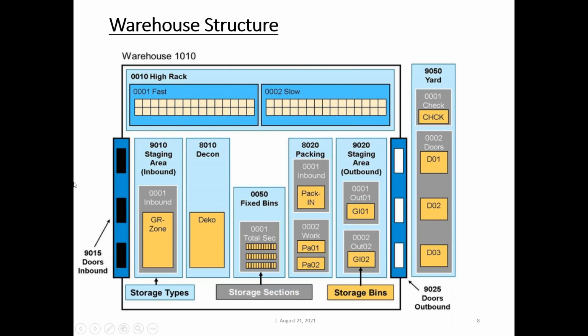So the truck containing the inbound shipment will be coming in the warehouse, standing at the door. From the door, it will do the unloading in the goods receipt staging area. And from here, you will do the put away, that is the stock placement in the warehouse bin. That will be in case of the simple business process. And similarly for the outbound, you will withdraw from the fixed bin based on your picking strategies and move it to the staging area. The truck will be standing at the outbound door. You will load the product in the truck.